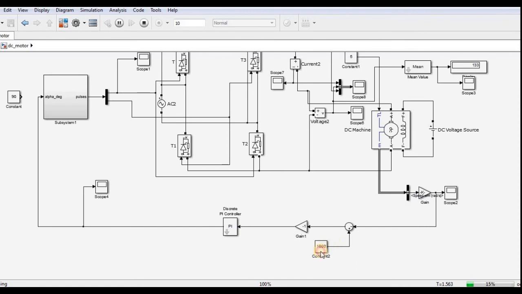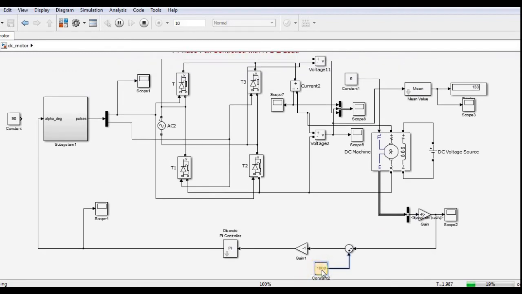And in electric vehicle or other motor control purpose, I will set my required speed. In an electric vehicle, by the accelerator I can give it as a reference, because every time I cannot calculate how much voltage or how much speed is required. Like I want 1000 RPM, so how much alpha is required? I cannot directly calculate this and I cannot put the alpha over here. So this is the closed loop.